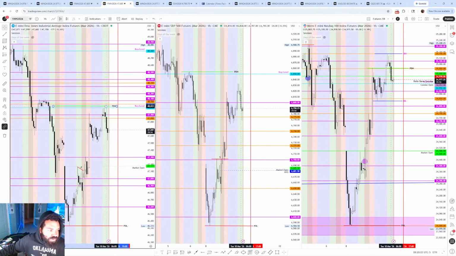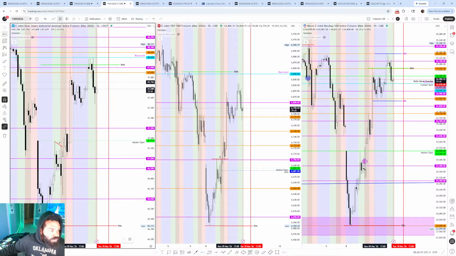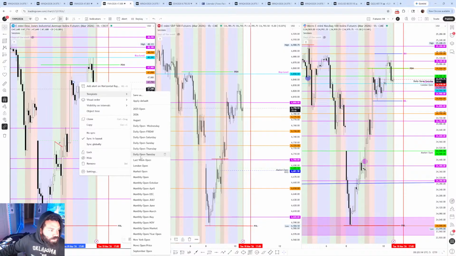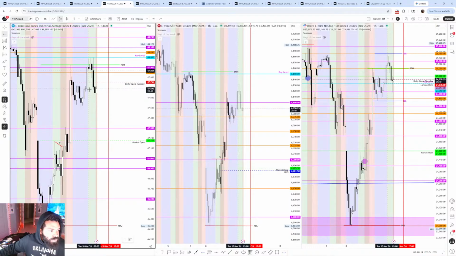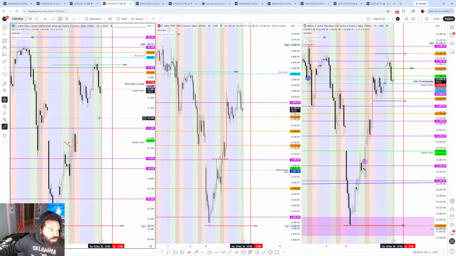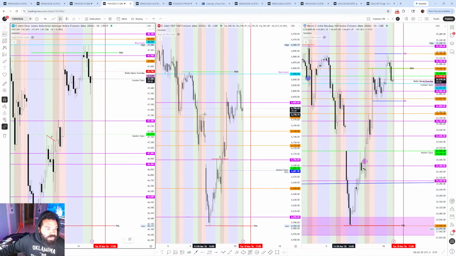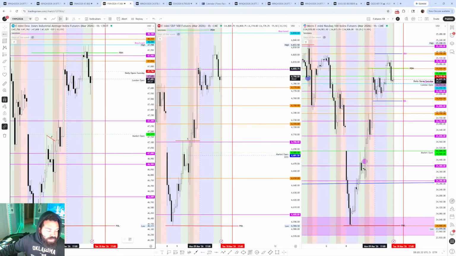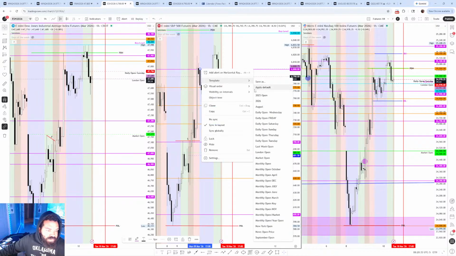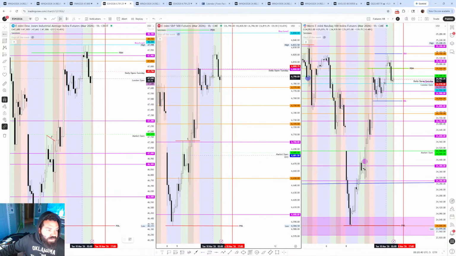This would actually be the previous day high here. Okay, let's mark the opens here. Horizontal ray. So low of day is at 47.5, so we'll look at that in a second. Right now I just want to make sure I have ES locked in for the divergence plays and stuff like that. So Tuesday in London.